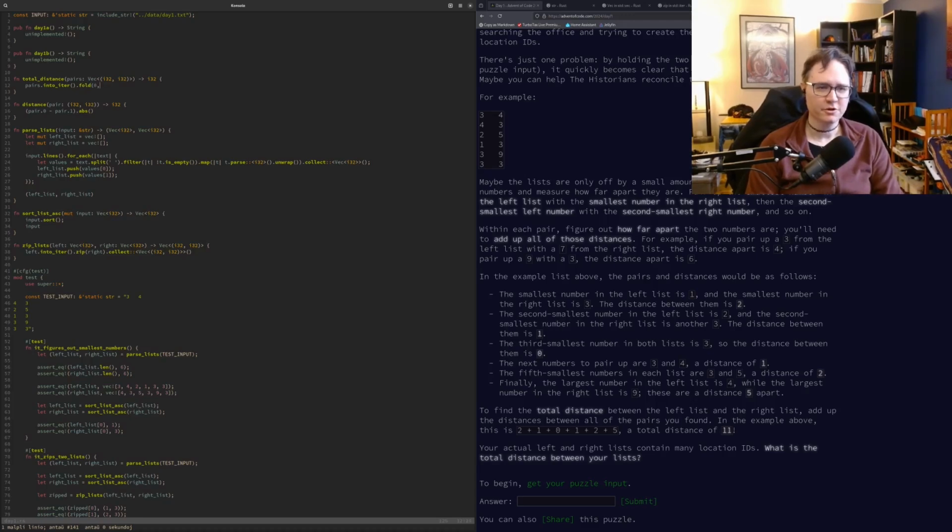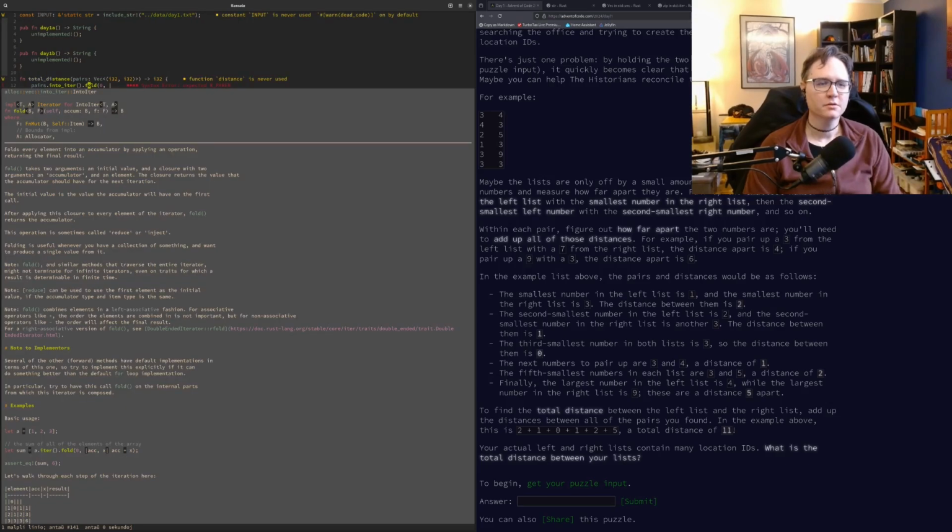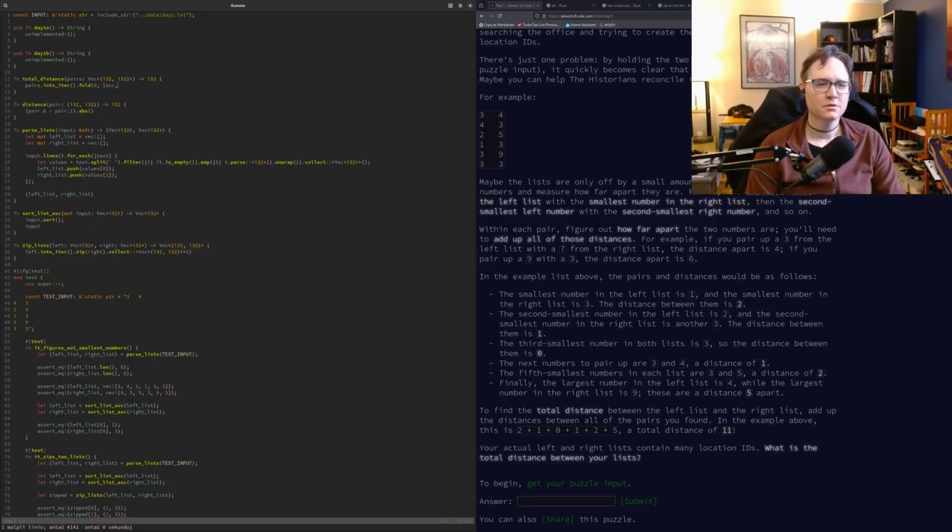Initial value of 0, and then, ooh, I have forgotten the parameters for fold. First one is the accumulator. The second one is the current value. So it's going to be left, right. I don't care.